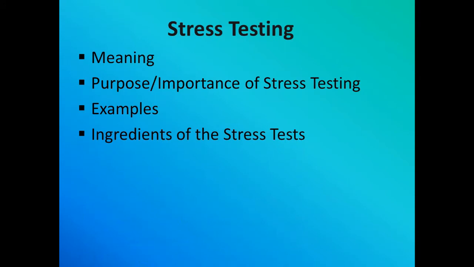The next one is ingredients of a stress test. What are the ingredients? When it comes to the ingredients of a stress test, that is the definition of its parameters. What are the parameters we need to check for testing the stress? It is important to determine the primary goal of the stress test. In order to perform a stress test in a meaningful and useful manner, it is important to explore the economy and financial system of the country or institutions in which the stress test is performed.